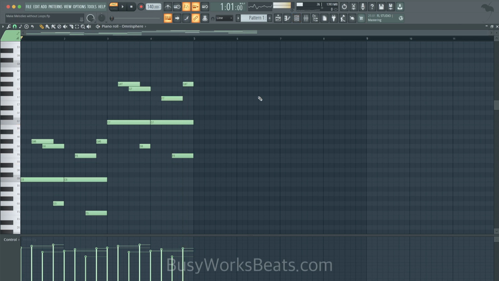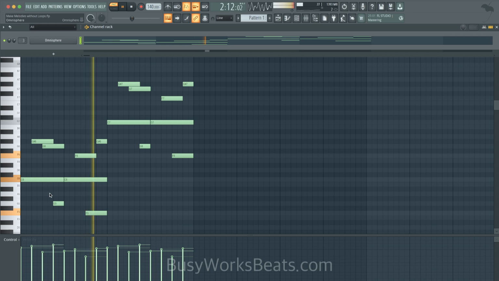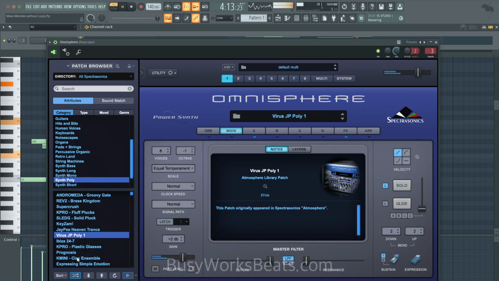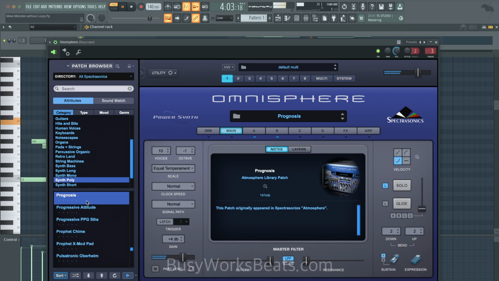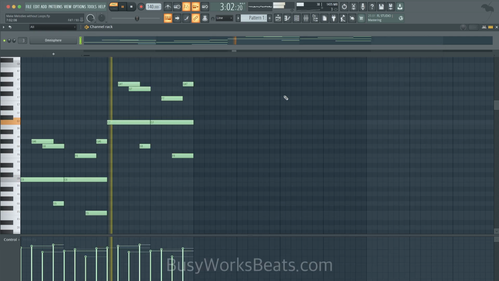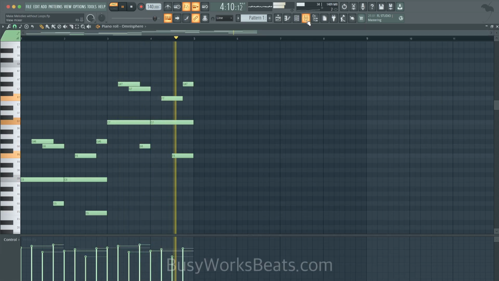And then you can change the key hitting Shift Up or Shift Down. Now you can go back to your actual sound and just start messing with different sounds, because now you have all the effects and the notes laid out, you can just change out the sound. All right, those are the melody secrets.